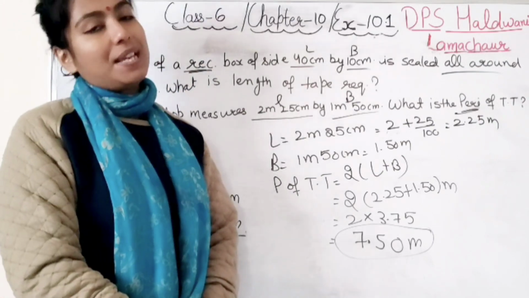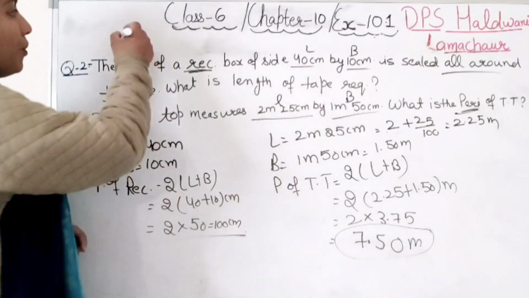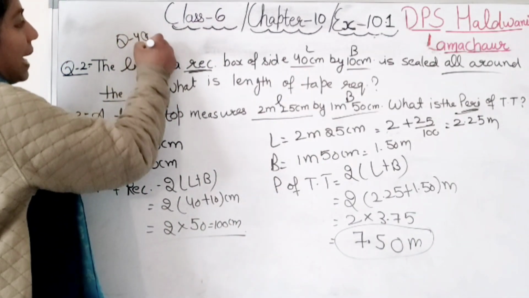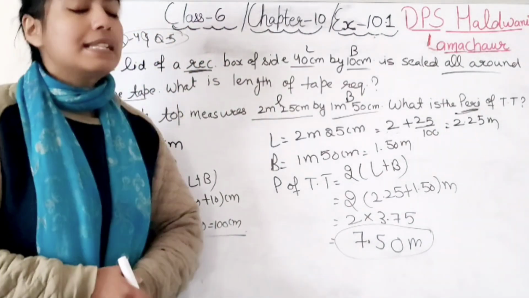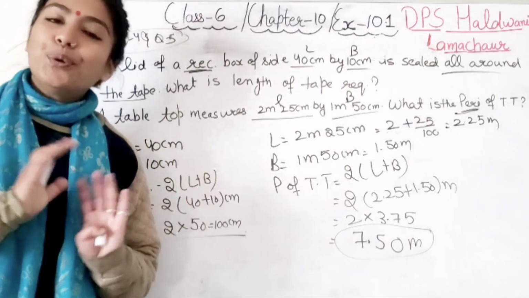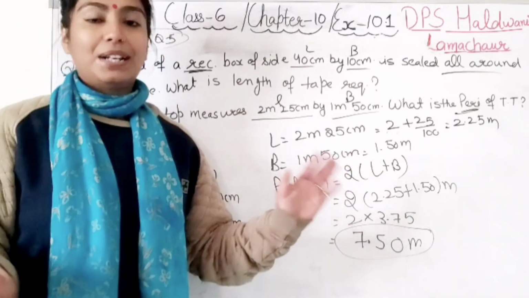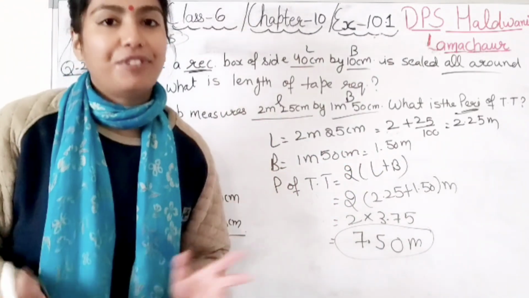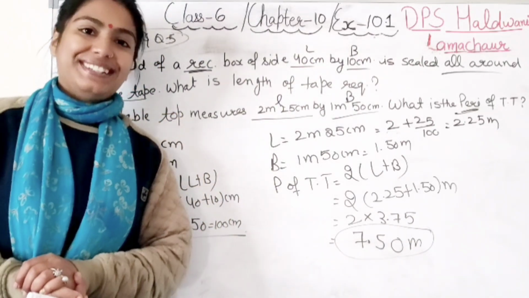All the questions are of the same kind only. Right? So this was about questions number 2 and 3. Question 4 and question 5, solve them on your own, because practice is a must. Right? And both questions are of the same kind only. You have to put the formula of the rectangle, but the word problem is in a different manner. Right? So now moving further with our next question.